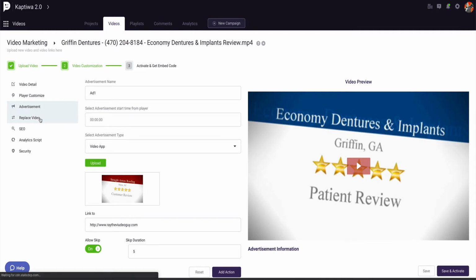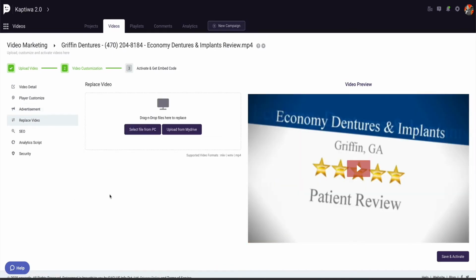Okay, the next thing you have is replace video. Now, why this is cool is because let's say that you put a video out somewhere and you've embedded it somewhere and you need to make a change. You can swap out your video and it's going to swap it out no matter where it is. So if it's on 5 different websites, you swap the video here, it's going to change on all those websites. Very, very convenient. Something I wish YouTube has had for a long time,